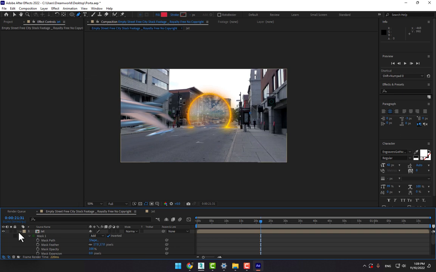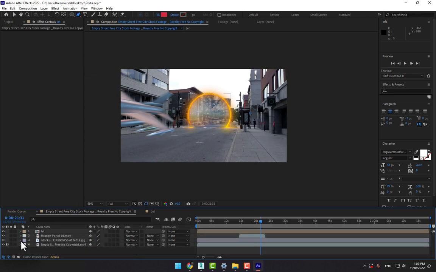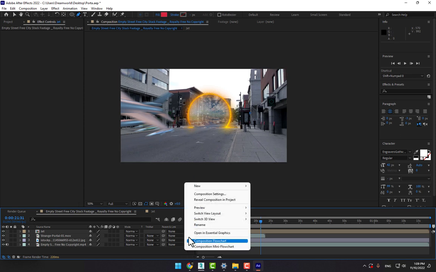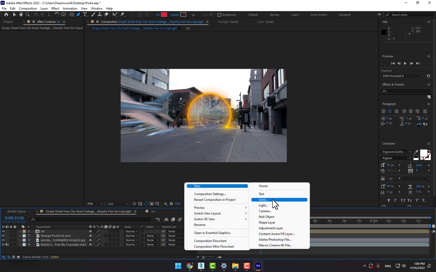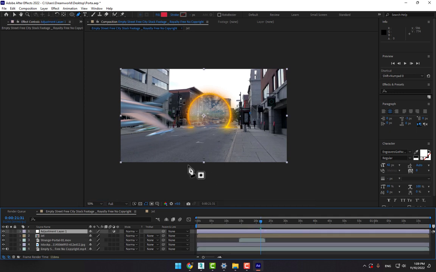So close all of these and create a new adjustment layer,